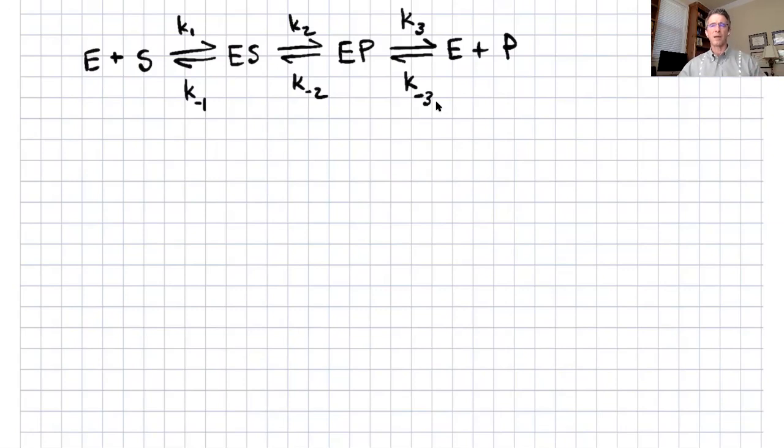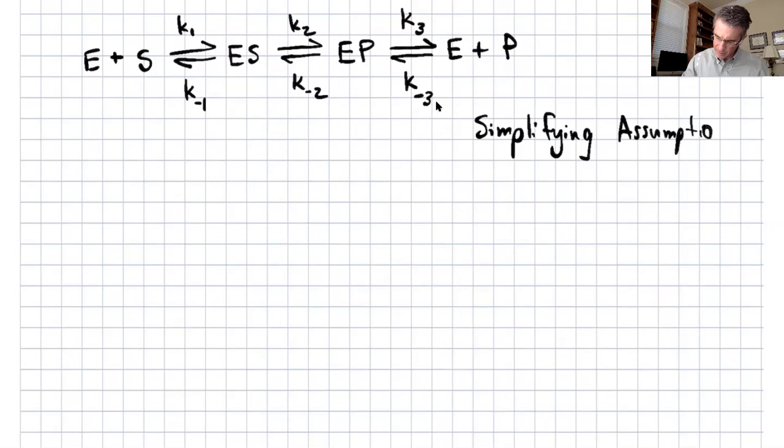All right, so what kinds of things can we do to simplify this process? Well, the first set of simplifying assumptions, and I'm just going to write that out over here. Let's call it simplifying assumptions. All right, and it's not necessarily just an assumption about how things work, but an assumption about the conditions we're going to use, right? All right, so what are some of the things we could do here to make our life a little bit easier? Well, the first thing we can do